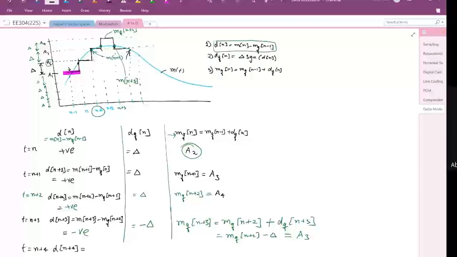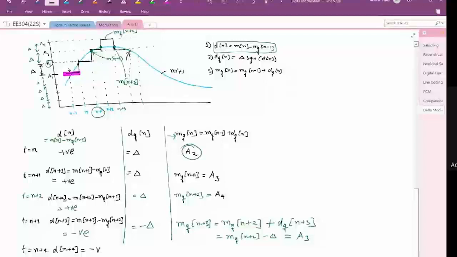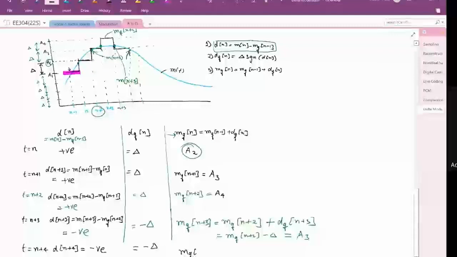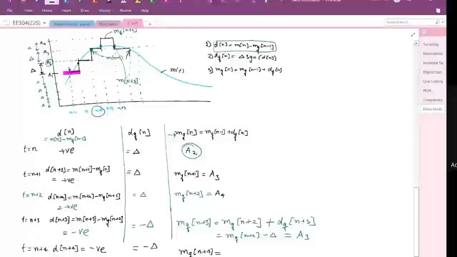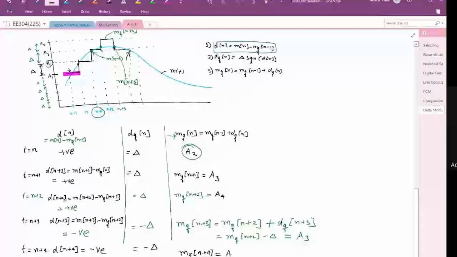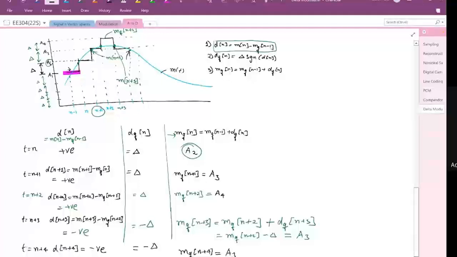Everyone, negative. If this is negative, then in that case this dqn is negative, and then this mqn plus 4, what is this value? What level does it take? If this is negative, it is going to have a decrement with del. That means a3 was the original, the previous level, so a3 minus del will result in a2. So then this will lead to